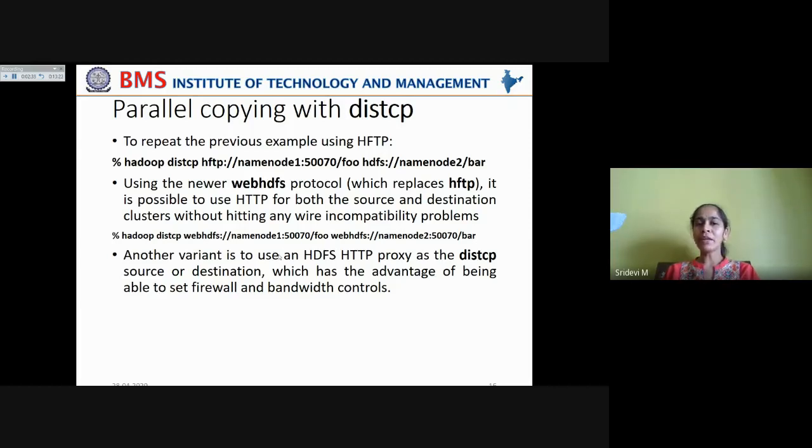Now another variant is to use an HDFS HTTP proxy as the distcp source or destination, which has the advantage of being able to set firewall and bandwidth controls.